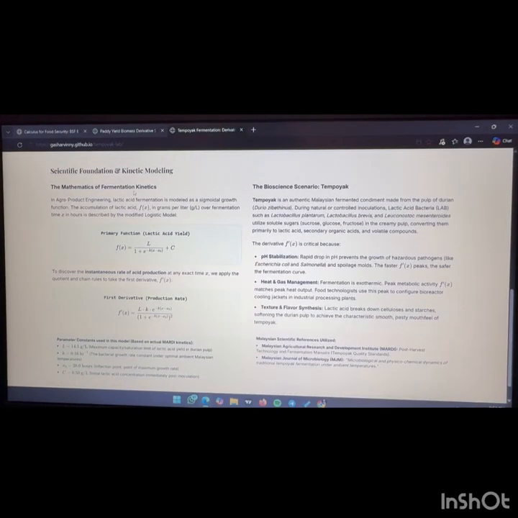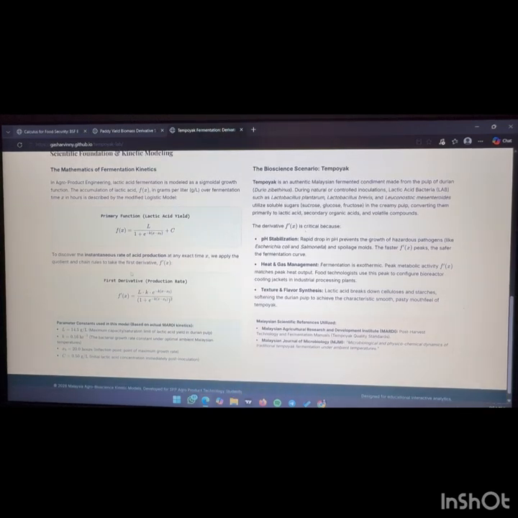Next, let's talk about scientific foundation and kinetic modeling. The mathematics of fermentation kinetics we have here for the primary function of lactic acid yield, which is F(x) equals L over 1 plus exponent to the power of negative k in bracket x minus x initial, plus C. So to discover the instantaneous rate of acid production, we have the first derivative of production rate, which is F